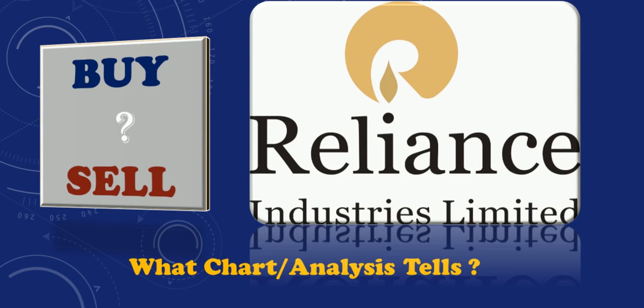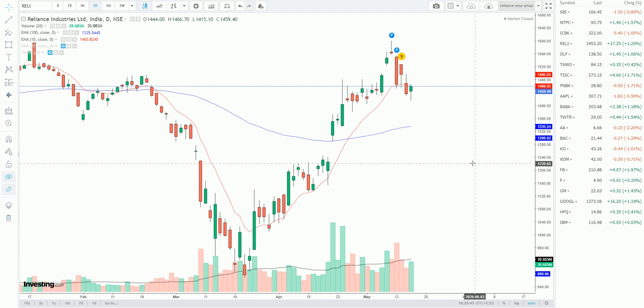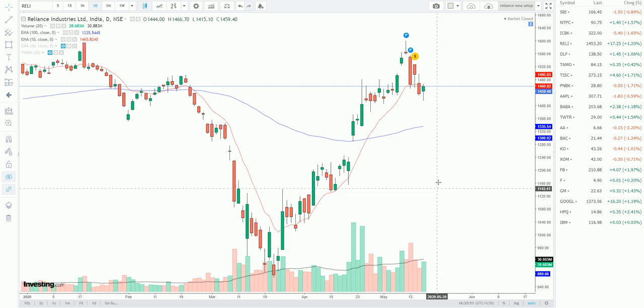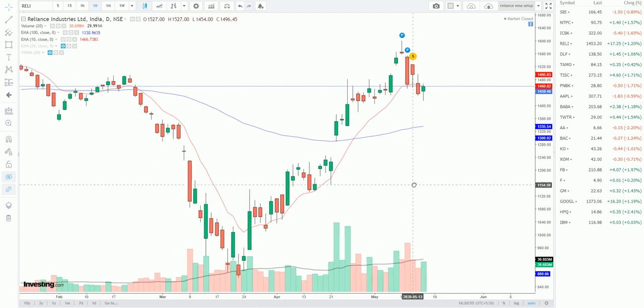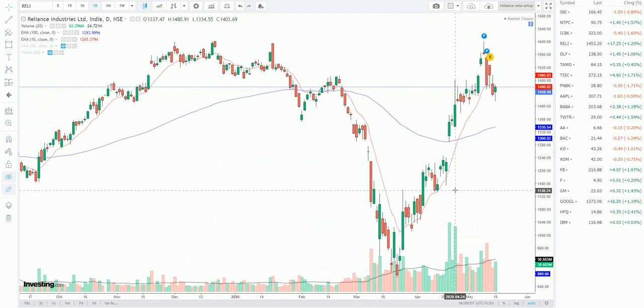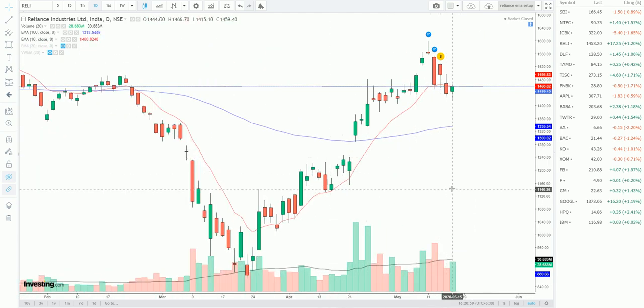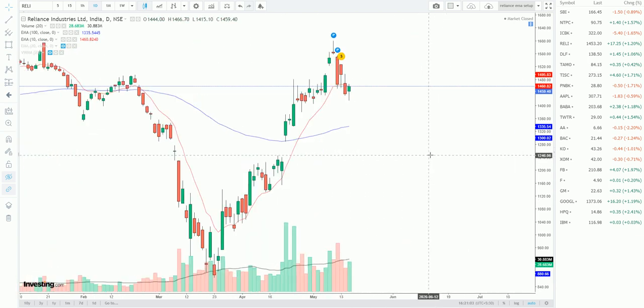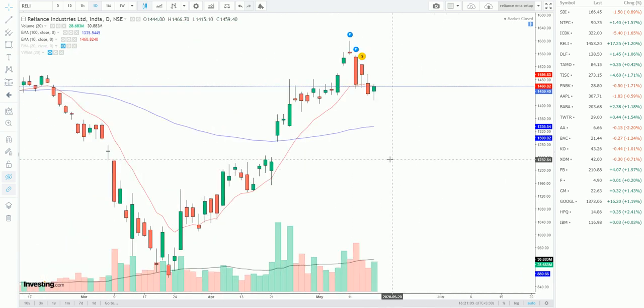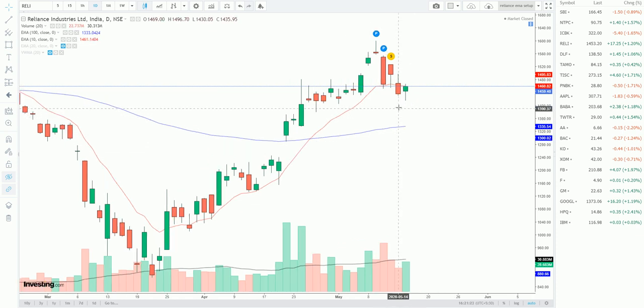First we talk about the moving average setup, that is the exponential moving average setup, where we can see the stock is following a 10 EMA and 100 EMA. I have plotted both, so you can also backtest those things. You can see the stock is very much following the 10 EMA. Now the price is trading below the 10 EMA.